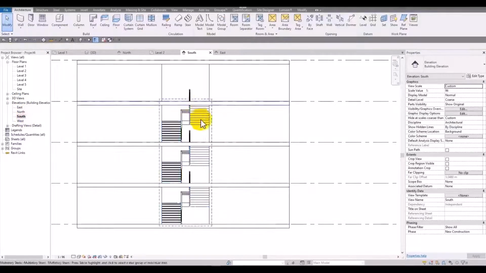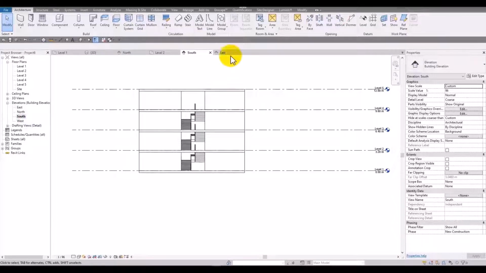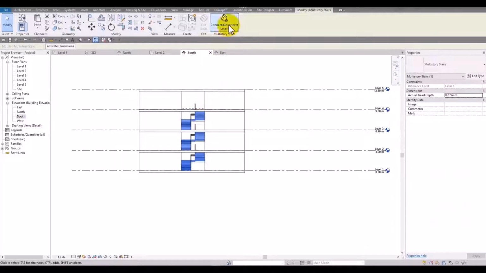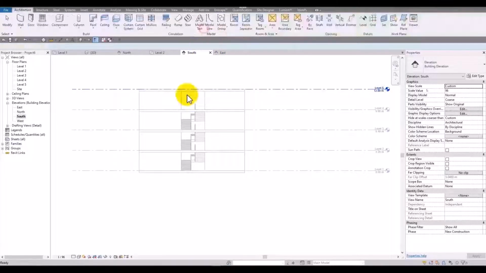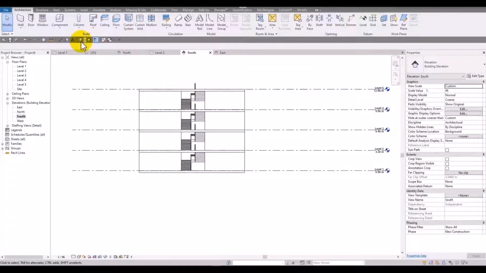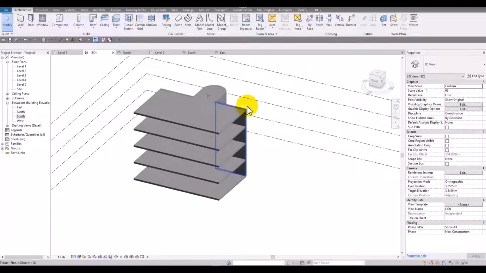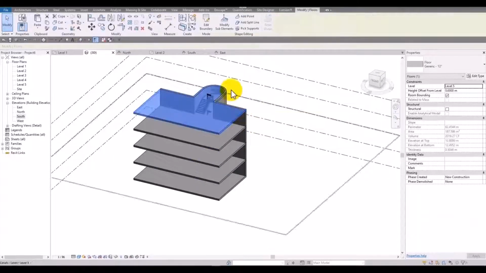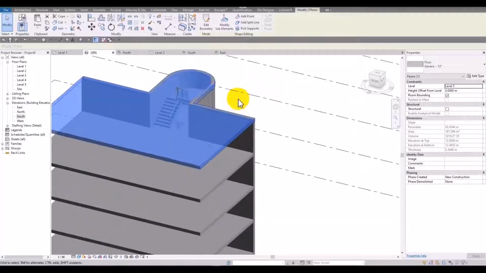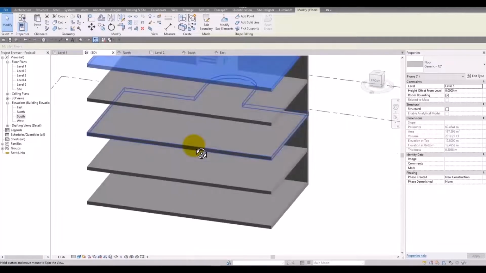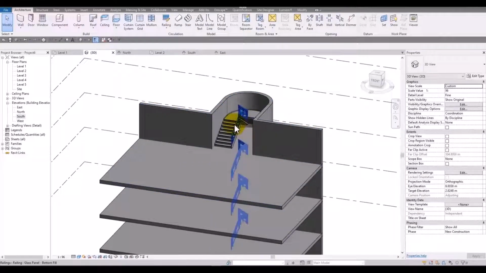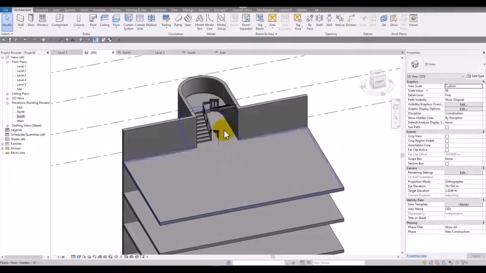And it can be possible in views as well, because here we have the level lines as well. Here I select this, connect, and I want to have another stair here, which will be there easily. Okay, but there is another point. When we want to have the stairs, it should go through the roof. Am I right? I remove this, but no difference. When we want to have the stairs till here,